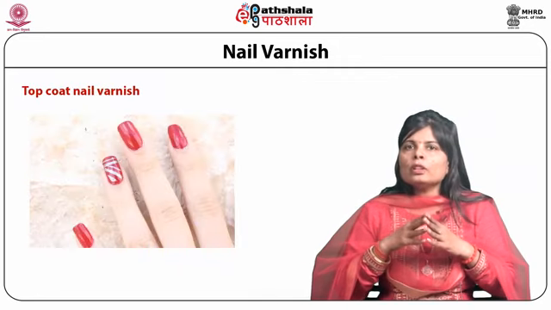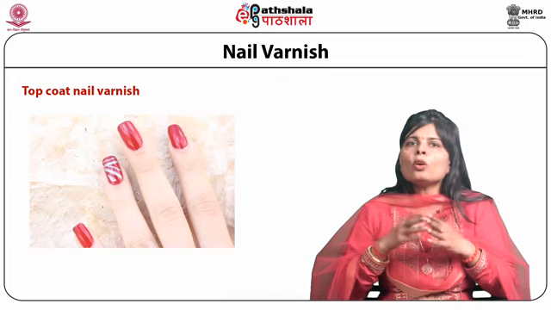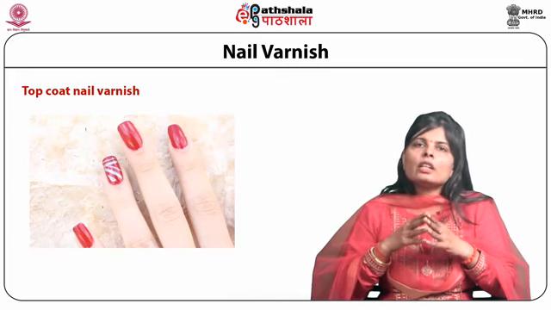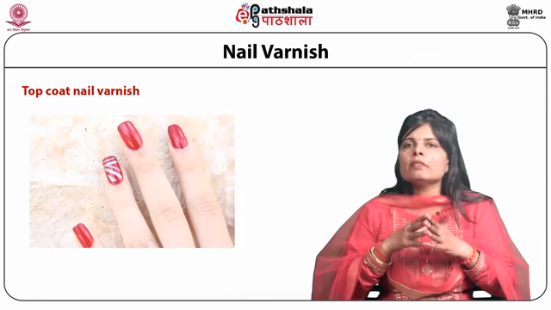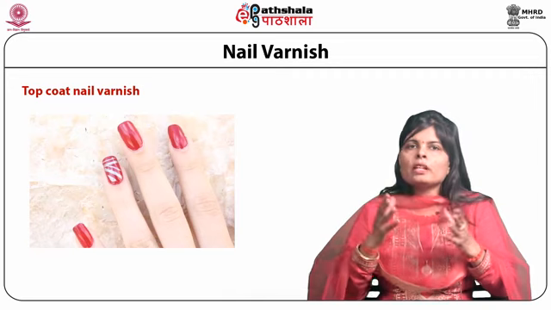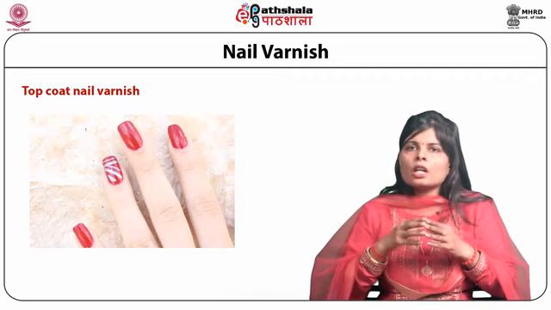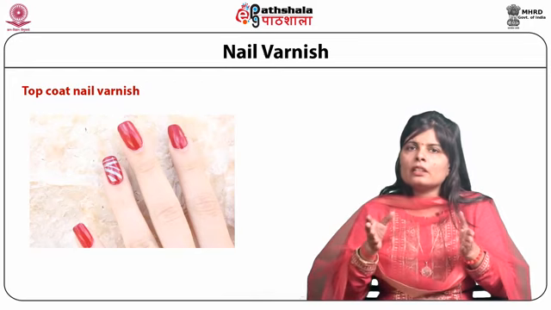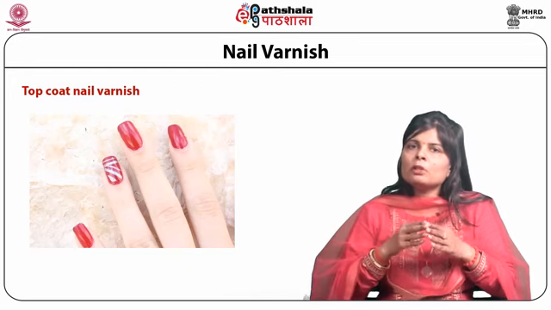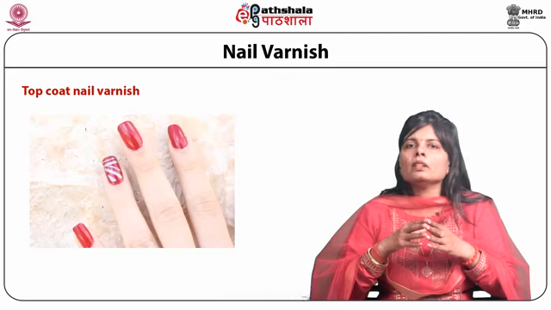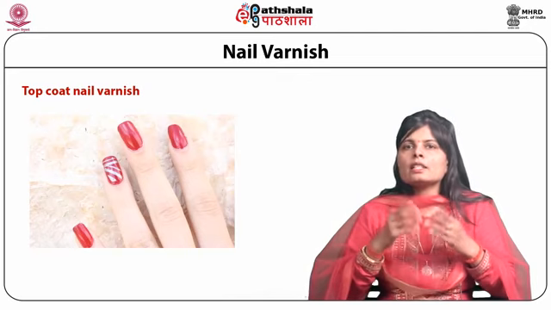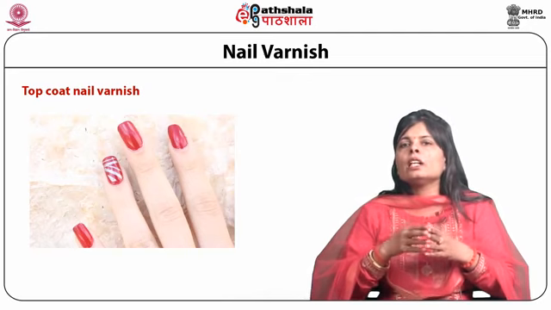The top coat nail varnish. Top coat nail varnish is a clear lacquer and generally consists of manganese bielate. It is commonly available by the name of quick drying. It is used after application of nail lacquer so that it acts as a barrier and prevents the film from chipping and peeling. Moreover, it assists in the drying of the underlying lacquer.